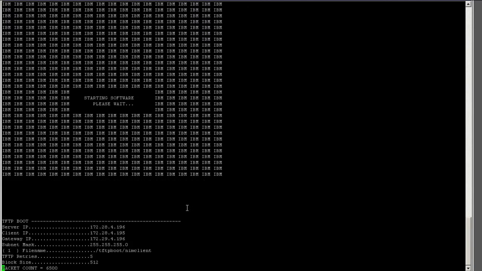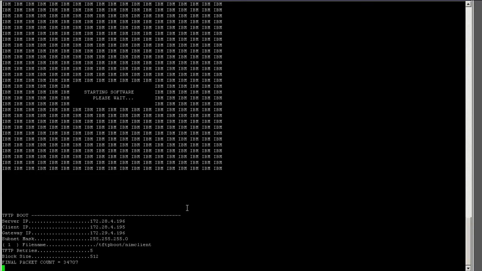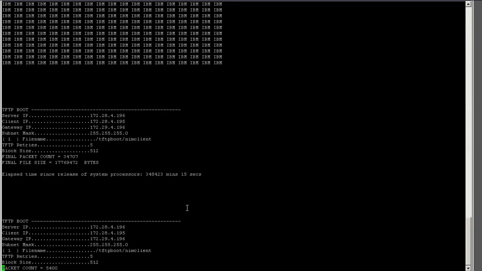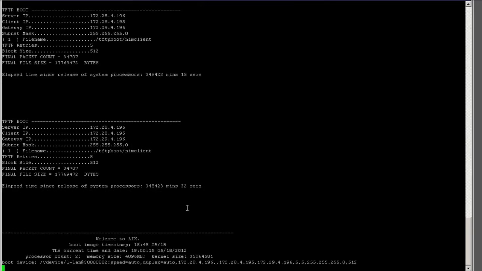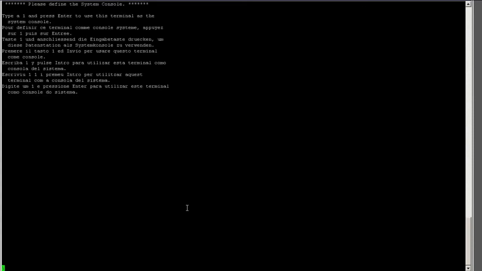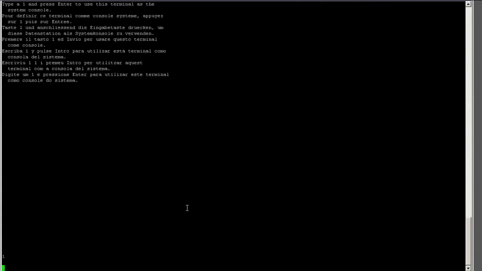The NIM client will send a bootp packet. The NIM server will answer. The NIM server will start sending packets. Do not be surprised if it takes a few times for the client to get as far as booting AIX. It will ask you to define the system console, and from here the install menus should look familiar to you